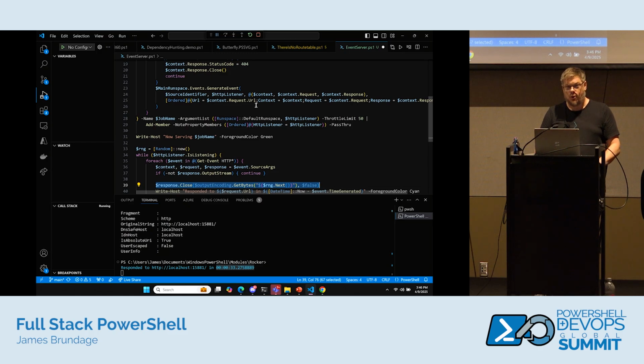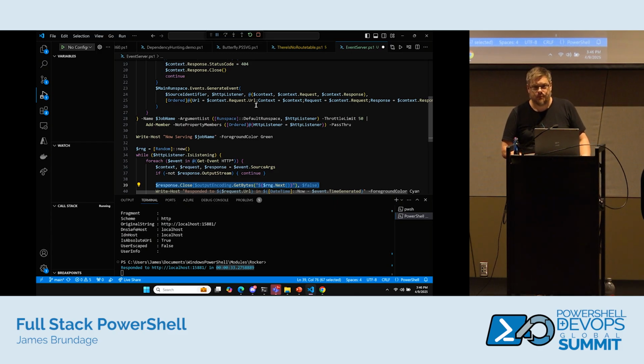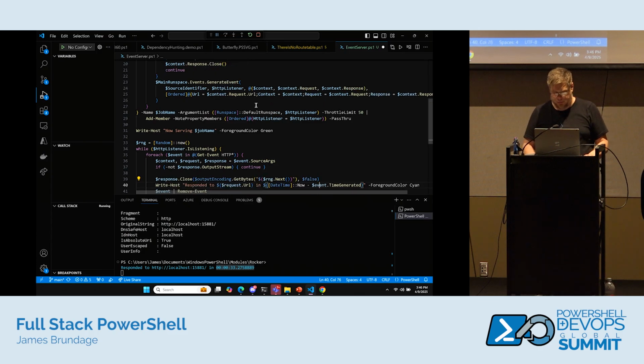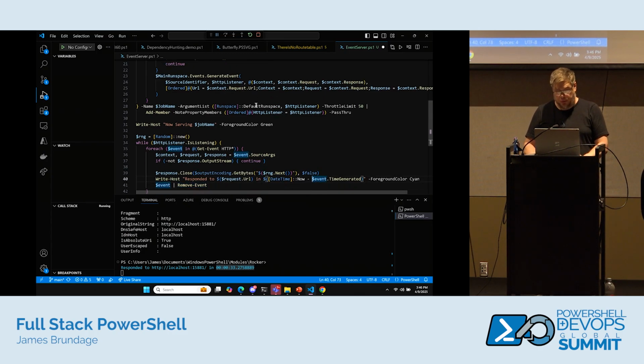Everybody kind of following along so far? Do you feel like, at the very least, looking at this gist and copying and pasting what you need, you'd be able to create your own server? Cool. Then for bonus points, I say, here's how quickly I responded, which I already kind of implicitly know